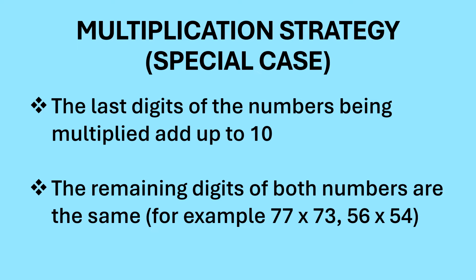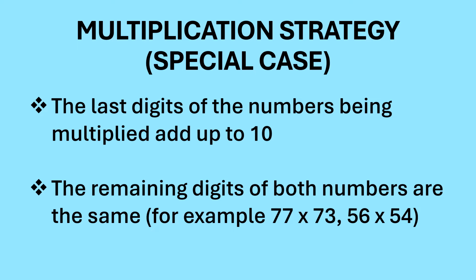In today's lesson, we'll go over a handy multiplication strategy. This strategy can be used when the numbers being multiplied satisfy the following conditions. The last digits of the numbers being multiplied add up to 10 and the remaining digits of both numbers are